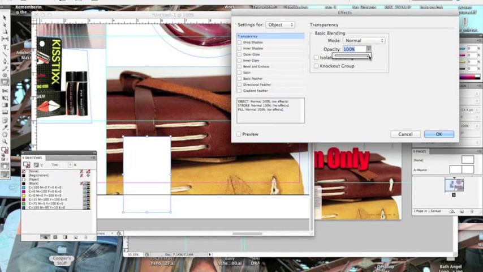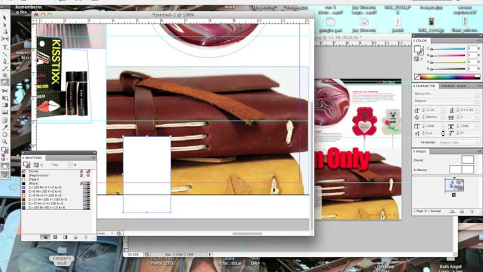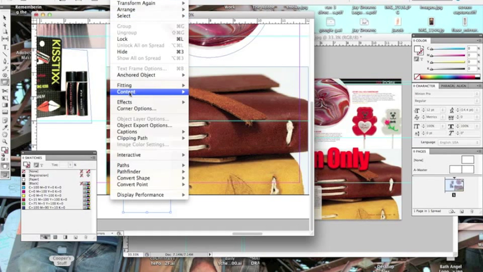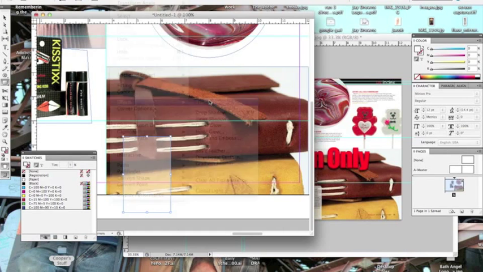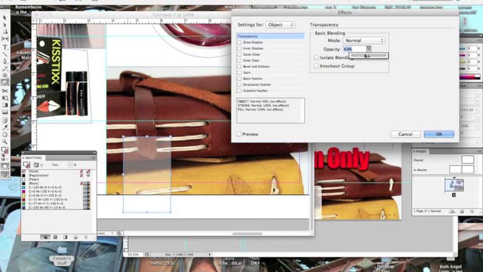And I'm going to drop that transparency. It's just like Illustrator and just like Photoshop. I'm going to drop that transparency down quite a bit. Hit OK and see what it does. That'll drop it. Now I guess I did it maybe a little too much, so I go to Object, Effects, Transparency. I'm going to make it a little bit darker,